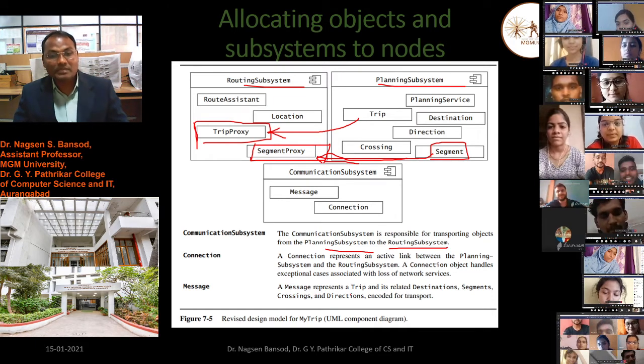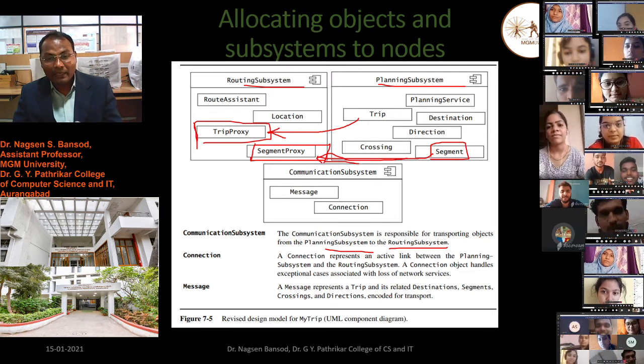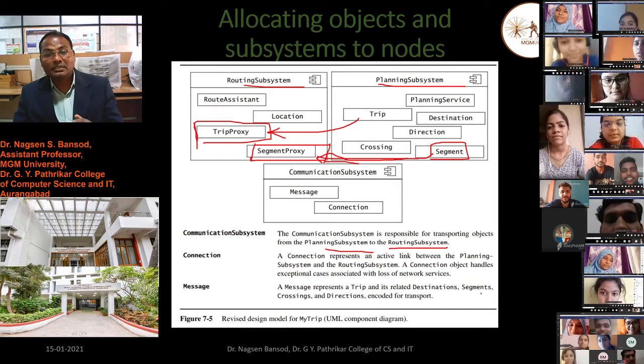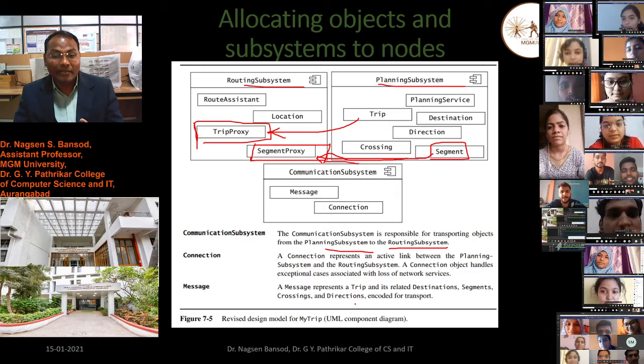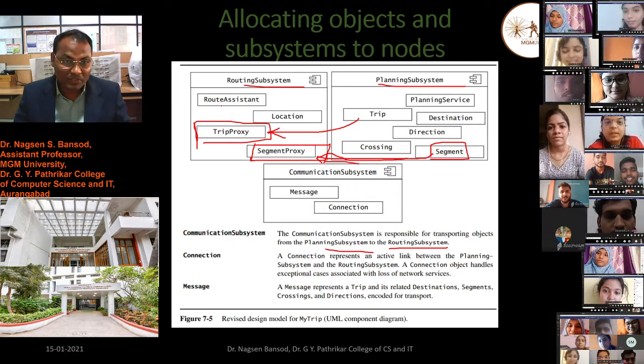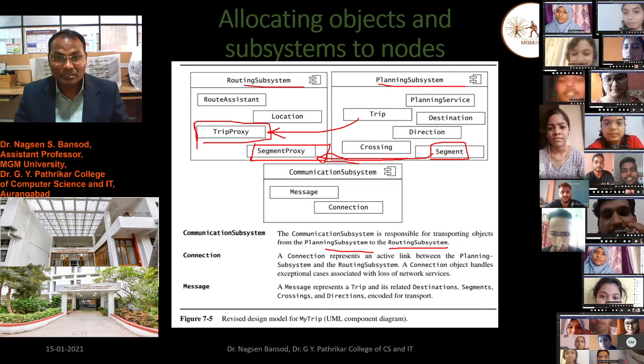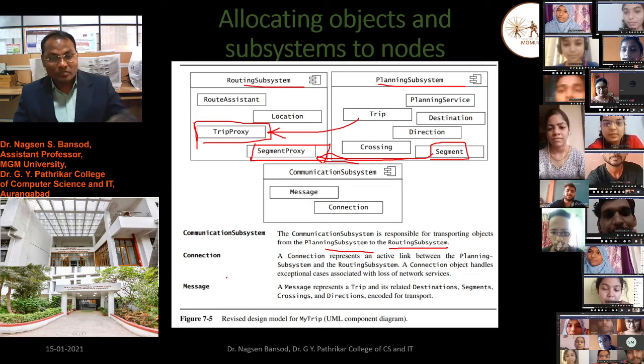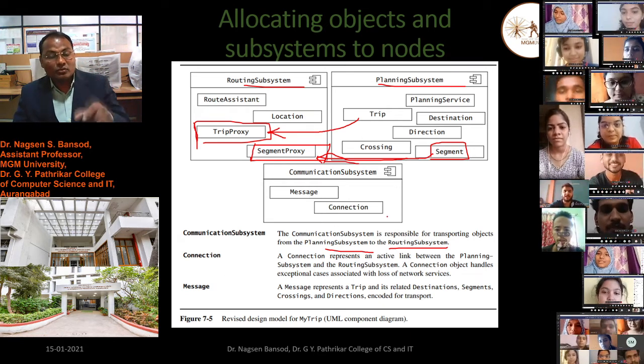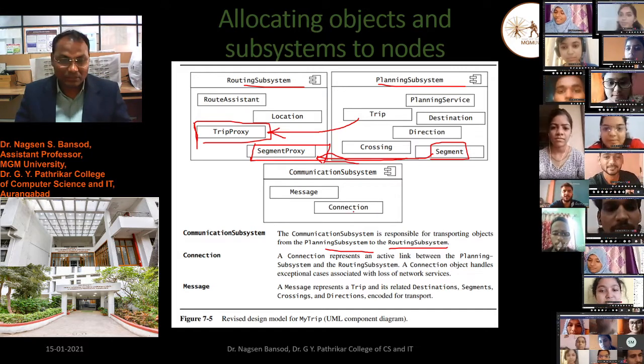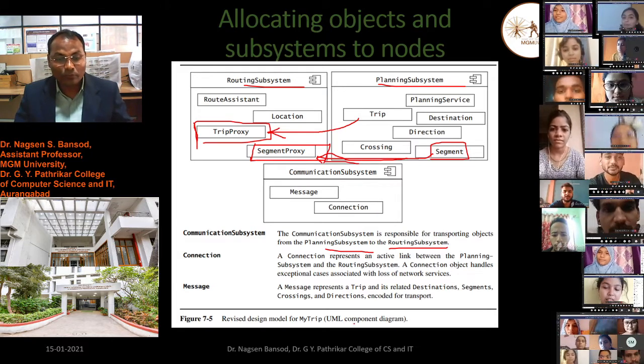A message represents a trip and its related destination, segment, cross, and direction encoded for transformation. All these locations and destinations are transferred through the message with the help of the connection. This is given in this UML component diagram.